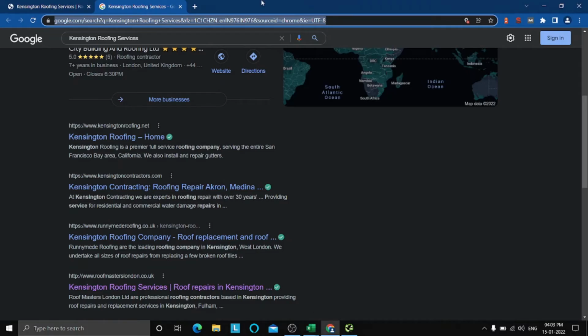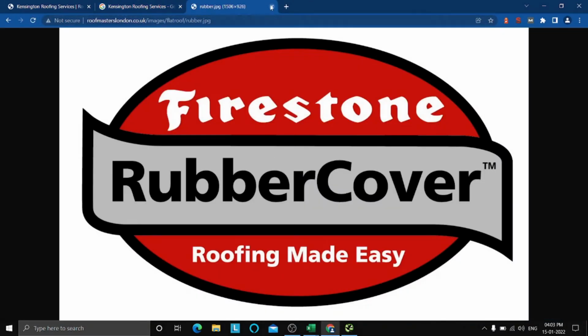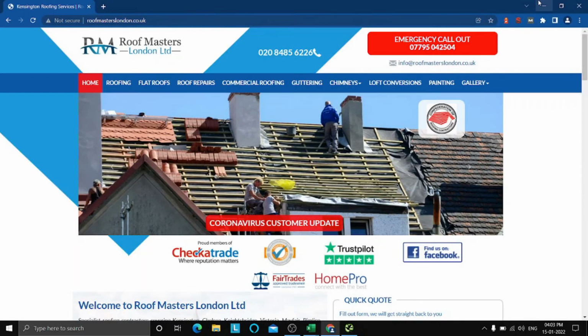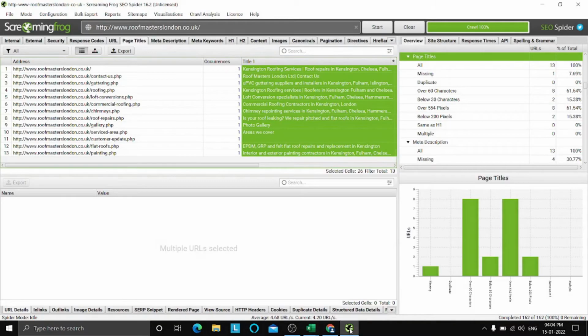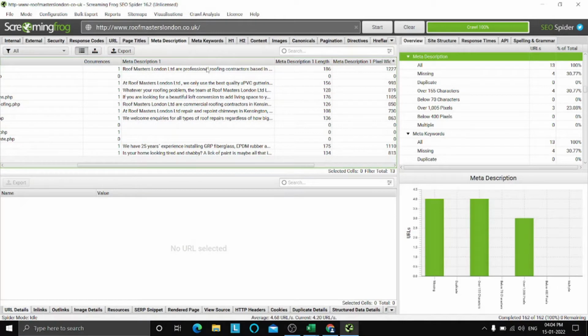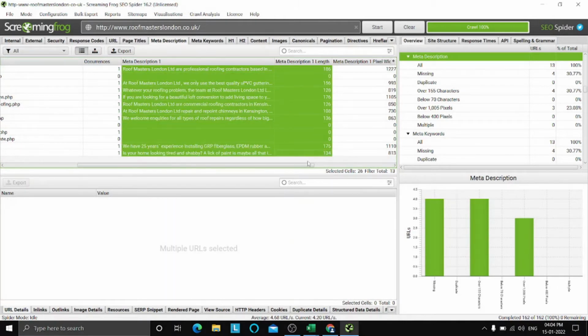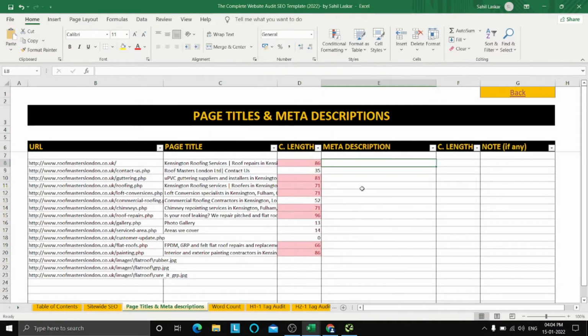If I copy this and paste it here, see what's there. I can see the images. So there are no titles for these images. So it's a great practice to put image titles wherever it's necessary. Next, for the meta descriptions, we're going to do the same thing. I'll just head over to meta description, copy the descriptions and the lengths, Control C, or if you are on Mac, I think it's Command C, and